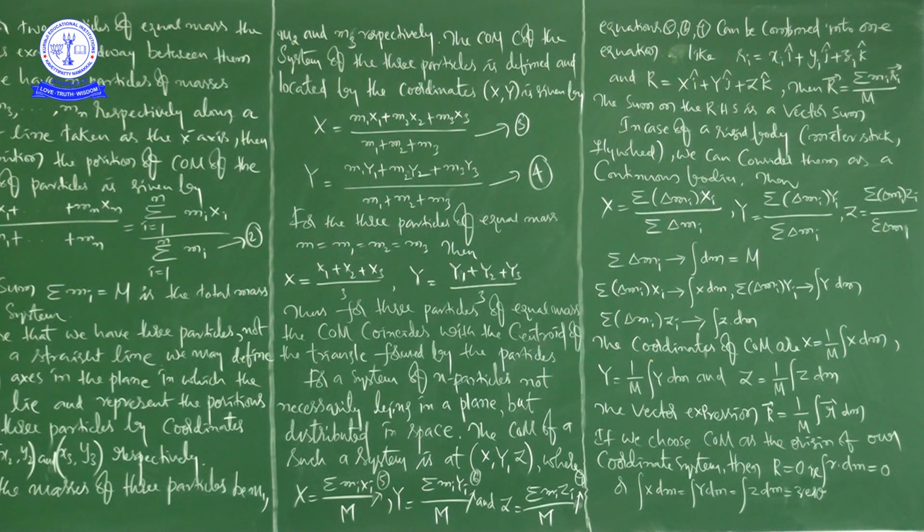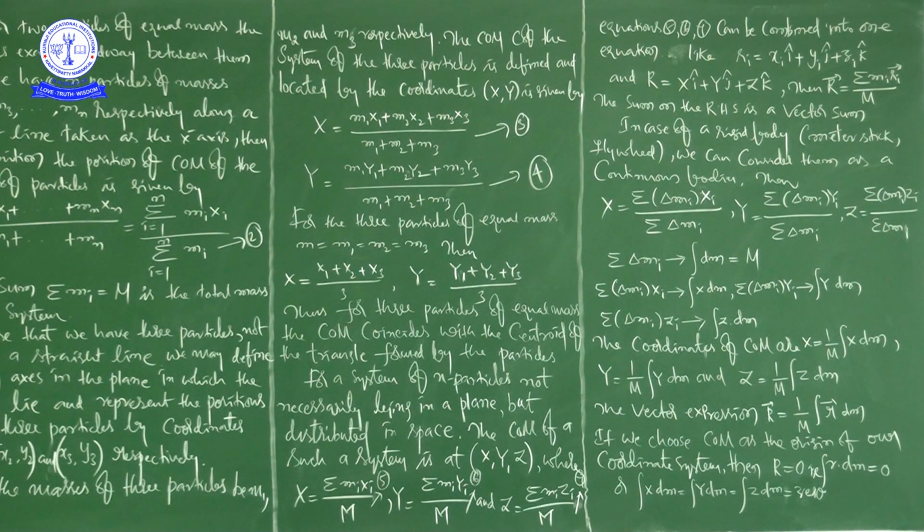Here suppose if we took the origin of our coordinate system, the origin of the frame of reference, as the center of mass. Generally, you know what the coordinate system is, no? X axis, y axis, z axis. Suppose if you take the origin of the coordinate system as the center of mass, then we need to write sigma mi ri. Sigma mi ri is equal to 0.